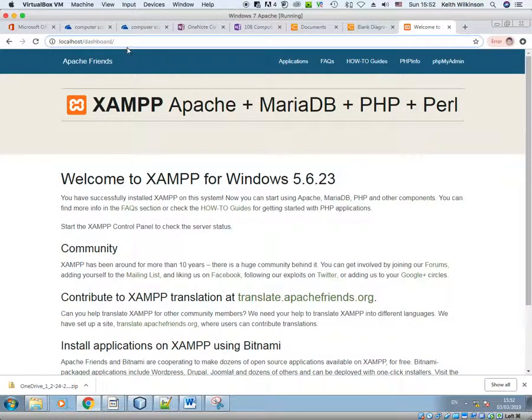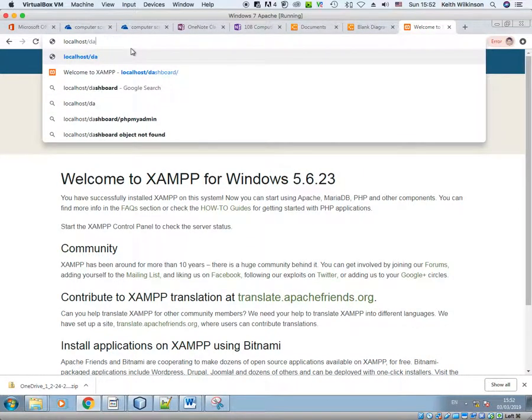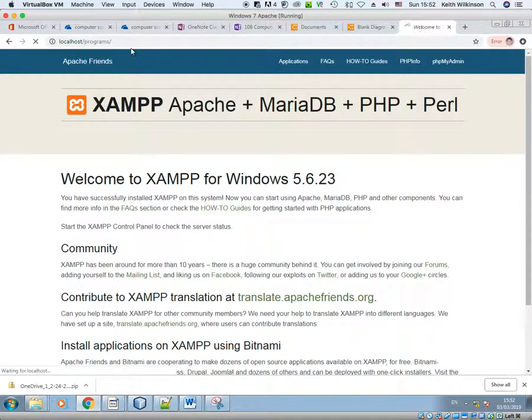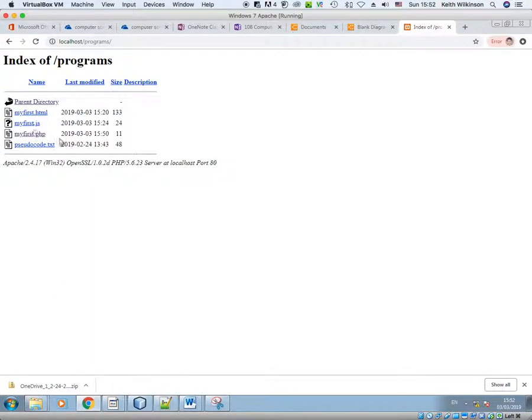So if I change this to be programs, it should give me a listing of all my programs. Let's just take that out first. It should give me a listing of all my programs. There we go, and this is the one we want, my first.php, but I am not going to click on it. I'm going to type it in my browser window,